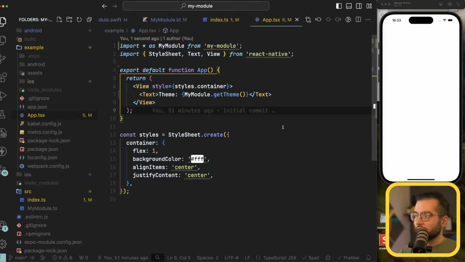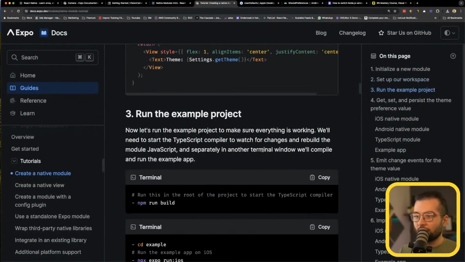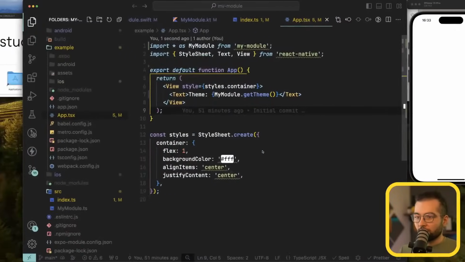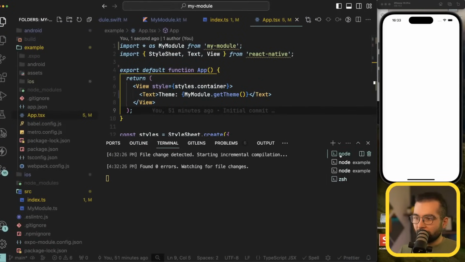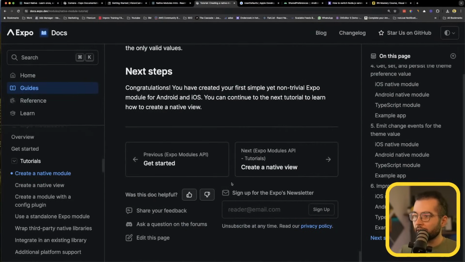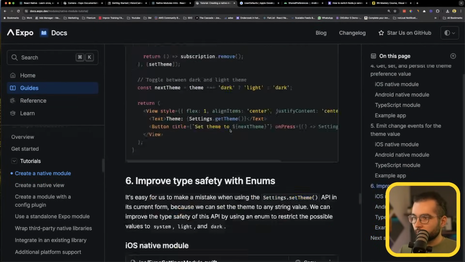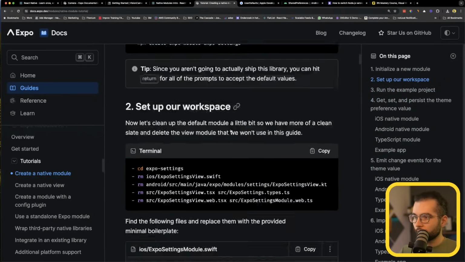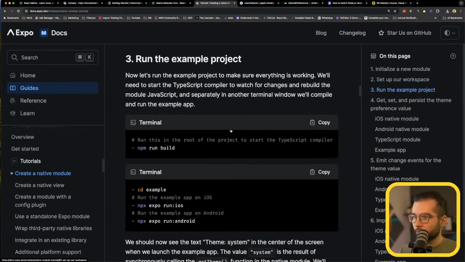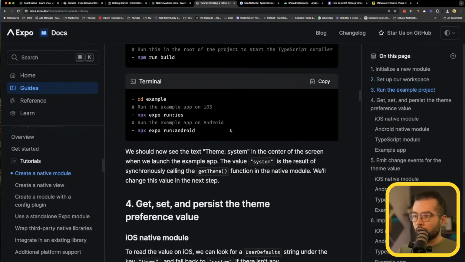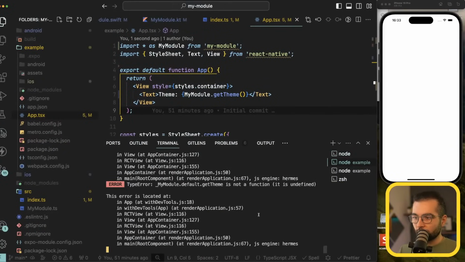Okay, let's go ahead and run the example project. I think we have to rebuild it, but I have it here, so probably it's rebuilding automatically because it's watching for files, it doesn't have any errors. Yeah, it was rebuilt just now. Yeah, let's then go into the